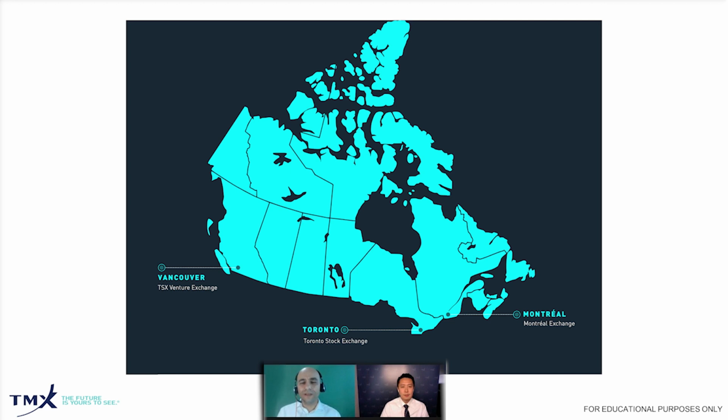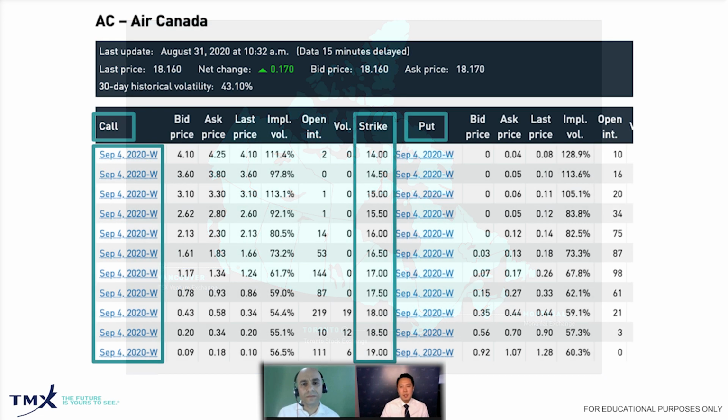Now, at some point, I always hear mention of calls and puts. What's the difference between a call option and a put option? Yeah, these two are, let's say, the building blocks to learn about options. Now, to talk about the difference between calls and puts, let's use an option chain. Here on the screen, you see an option chain.